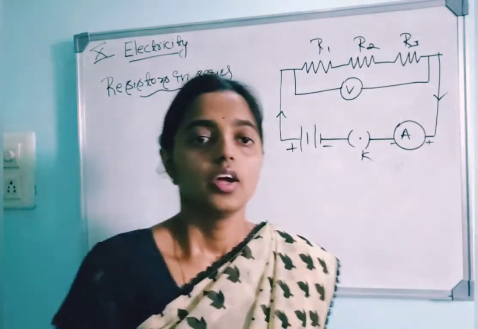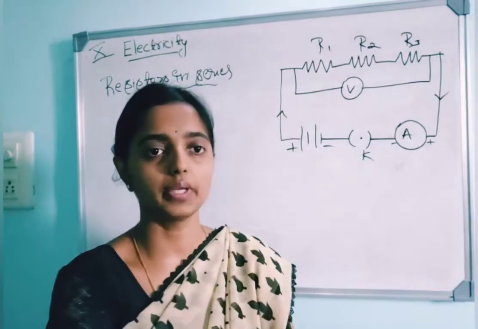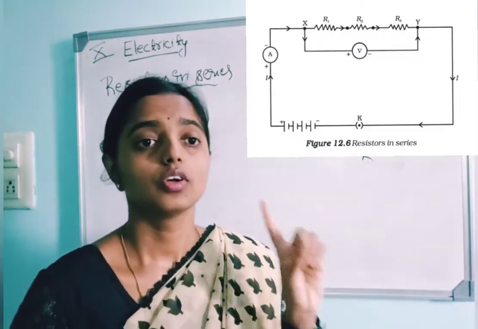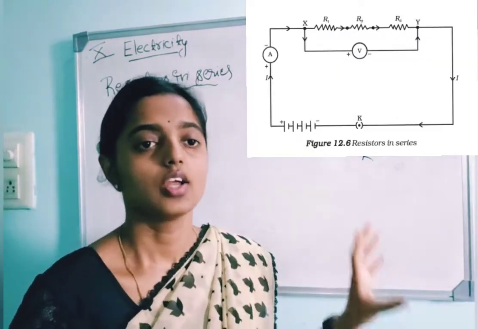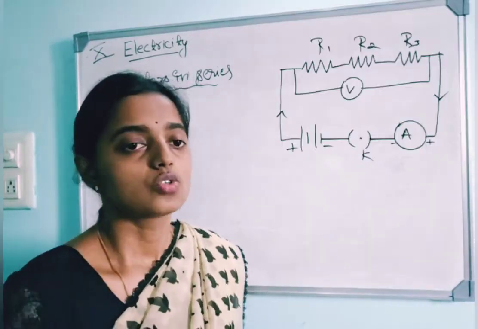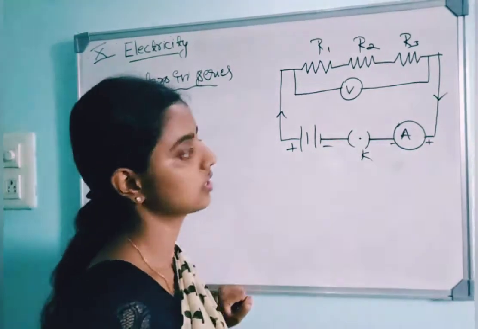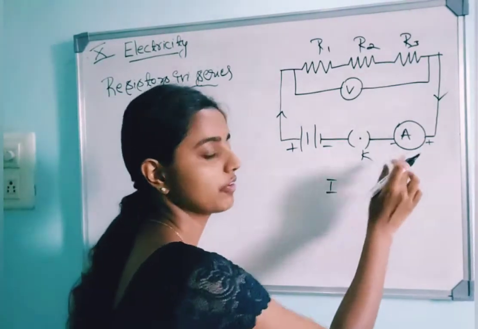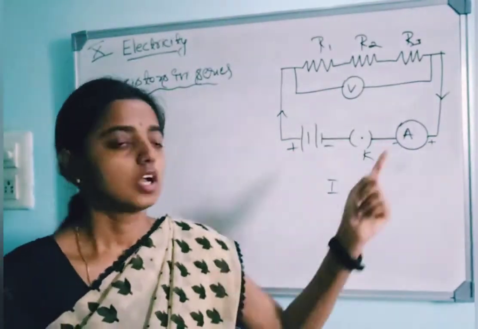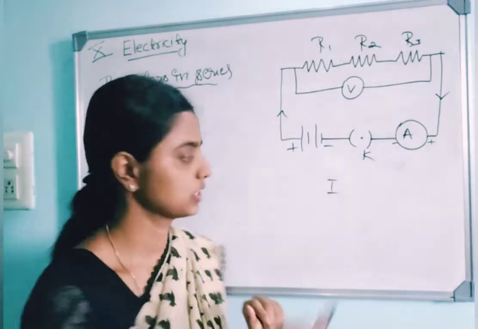Here we have a simple activity. After connecting everything, we take the ammeter, connect it anywhere and take the reading. You need to know that the ammeter should be connected in series, so you can connect it anywhere in this complete electric circuit. Let me connect it here. After switching on the circuit, I got one reading, let it be I. The ammeter gives current values, the voltmeter gives potential difference values. I connected the ammeter here, noted the reading and got some value, let it be I1.